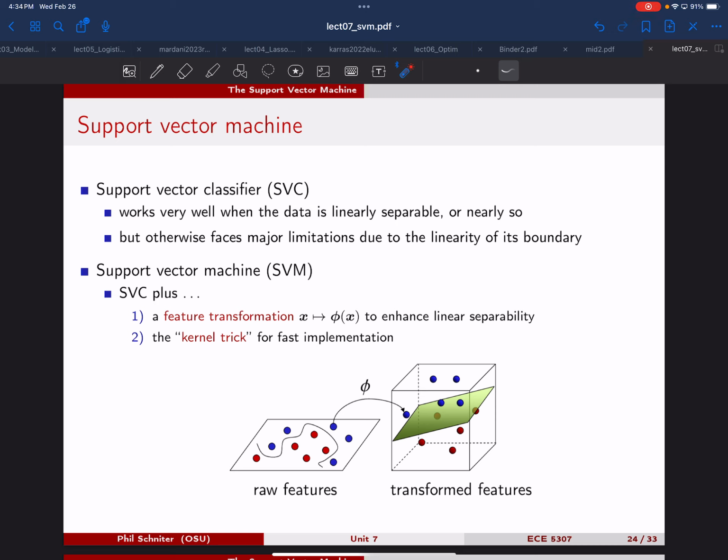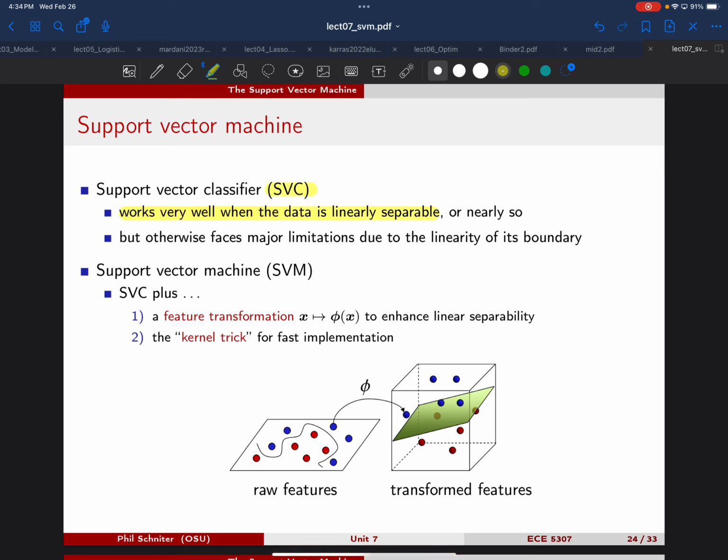Maybe there's a few points that are not. But if you have data that's just super far from linearly separable, it's not really clear whether this support vector classifier is really going to have much of an advantage over other methods. And that's, in some sense, just due to the limitations that we have with any linear classification method, where they are trying to classify data using a linear boundary. And when you have data that is far from linearly separable, there's absolutely no linear boundary that is going to work for that data set, even remotely well. So that sort of motivates us